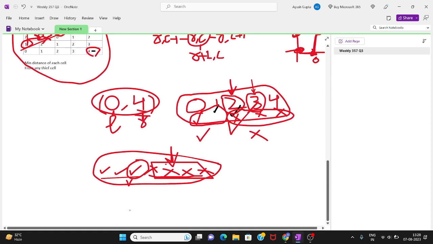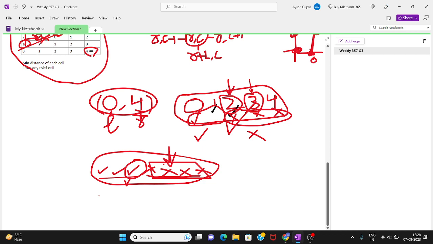Suppose L is here, R is here, and mid is here. If I am checking for this value and I could not reach the destination cell, I will bring my rightmost position to mid minus 1, to here, because I am sure that if I am not able to obtain m, then I would not be able to obtain m plus 1, m plus 2, m plus 3, and so on.